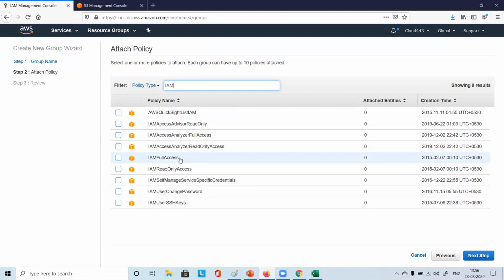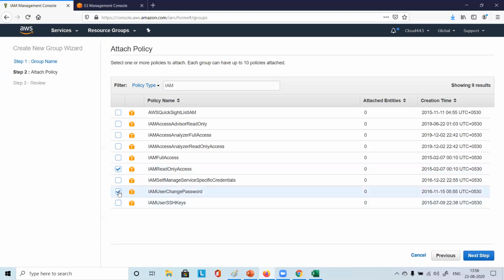If we grant full access to IAM, then the same thing will happen as it happened for S3, right? He will delete another user. So let's not grant full access to this guy. Let's give him read-only, so he can just see. He cannot delete, he cannot do anything here. You give read-only access.